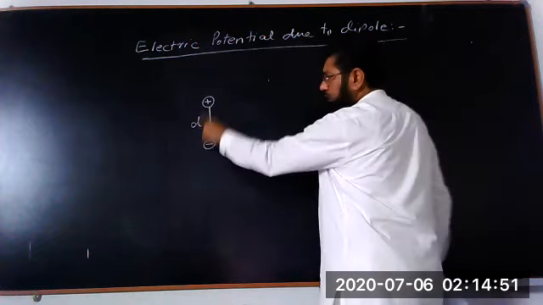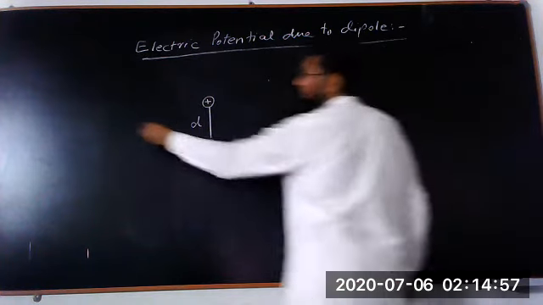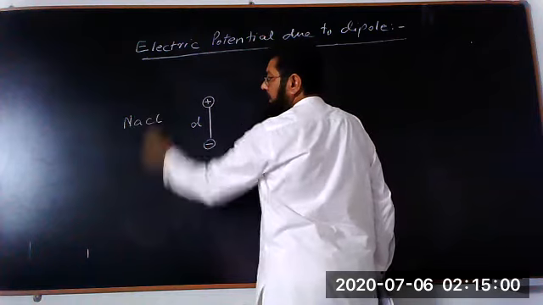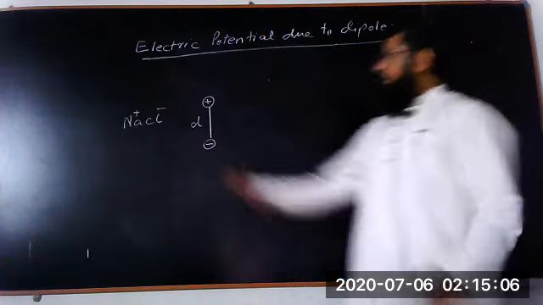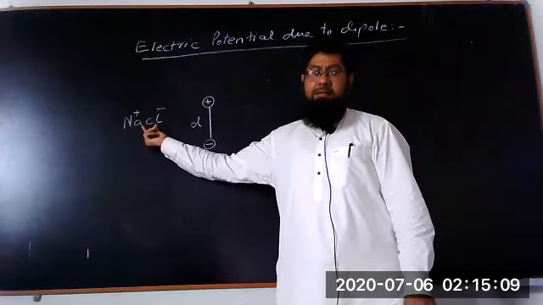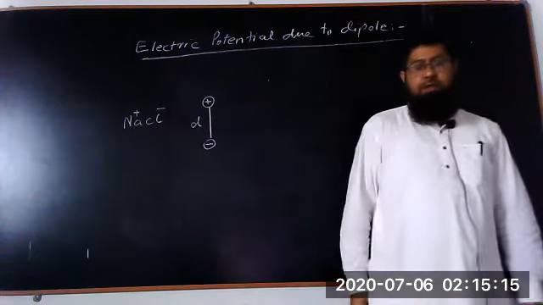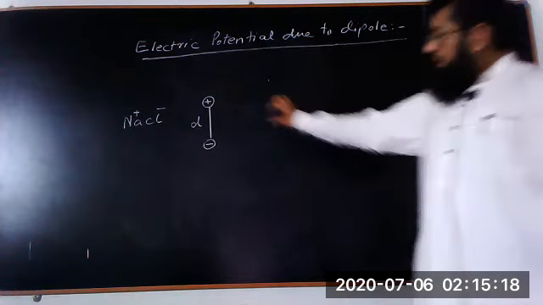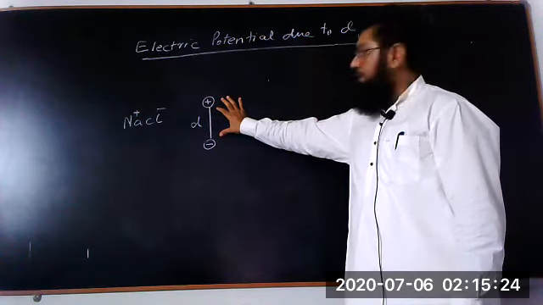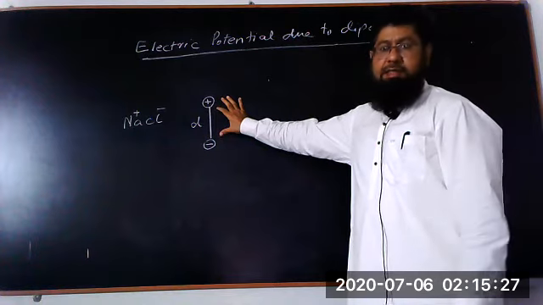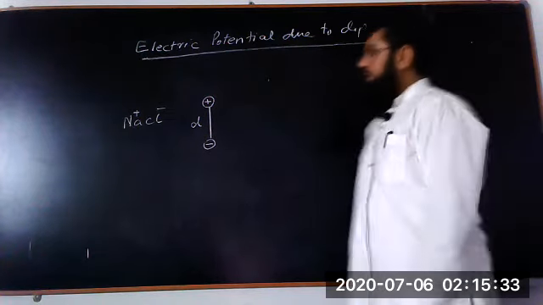and this d is very small compared to the size of the atom. Let's say it is a dipole of the NaCl crystal. You know that Na is positive and Cl is negative. The separation between the Na atom and the Cl atom is approximately in the dimensions of the atom, a few angstroms, whatever the value is. So this separation is very, very small as compared to the atomic dimension. It could be 10^-10, it could be 10^-9, and so on, meaning within the dimensions of the atom.